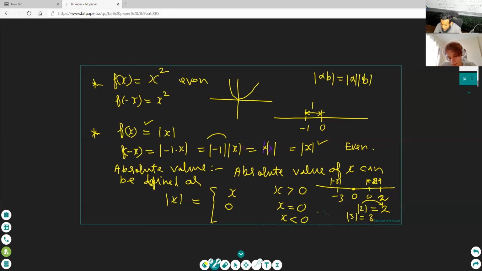How can you get -3 equal to positive? Absolute value is also positive. Distance is always positive, so we multiply this number by minus, okay? Clear or not clear? Here we get -3, so we do this because we need a positive number. So if x is a negative number, then we can write it as minus x. Clear?